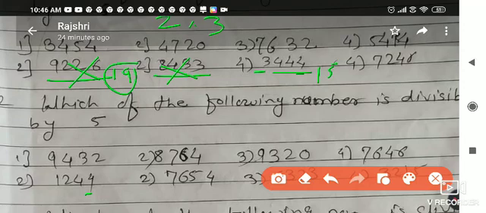As the unit place of the number contains 4, it is divisible by 2, and its sum is 15, that's why it is divisible by 3 also, and that's why this number is divisible by 6. Okay. Then next number we will see: 7 plus 2 is 9, 9 plus 4 is 13, and 13 plus 6 is 19. This number is even, but it is not divisible by 3, and that's why this number is not divisible by 6.